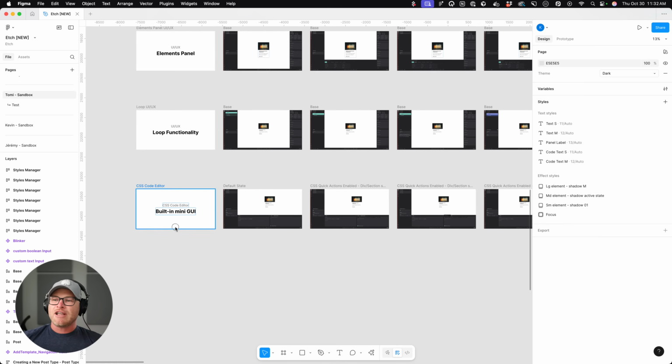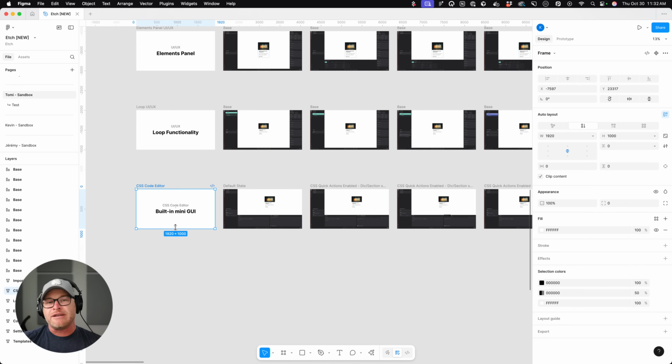Okay, so let's take a look at what we're calling the mini GUI. Let's just talk about some of the problems we're trying to solve. One objective problem is I don't want to type all the time. If I have to type display flex direction column one more time, and I've said this repeatedly, somebody's getting hurt. I don't want to do that. That cannot be the workflow, right? We acknowledge that. You should not be stuck typing that all the time.